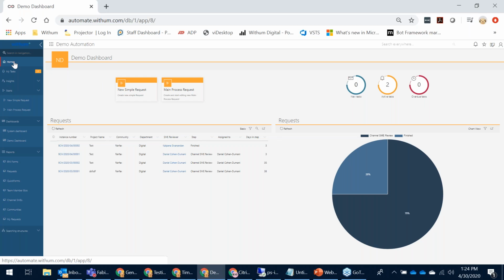It's pretty quick and easy. I will come to how we create the dashboard as part of the WebCon Studio demo or even back here, but I just wanted to show you users would be able to come in at a quick glance. They will be able to see the most important things, like I want to create a new request. These are my pending tasks. I have some overdue tasks, new tasks that I need to act on.